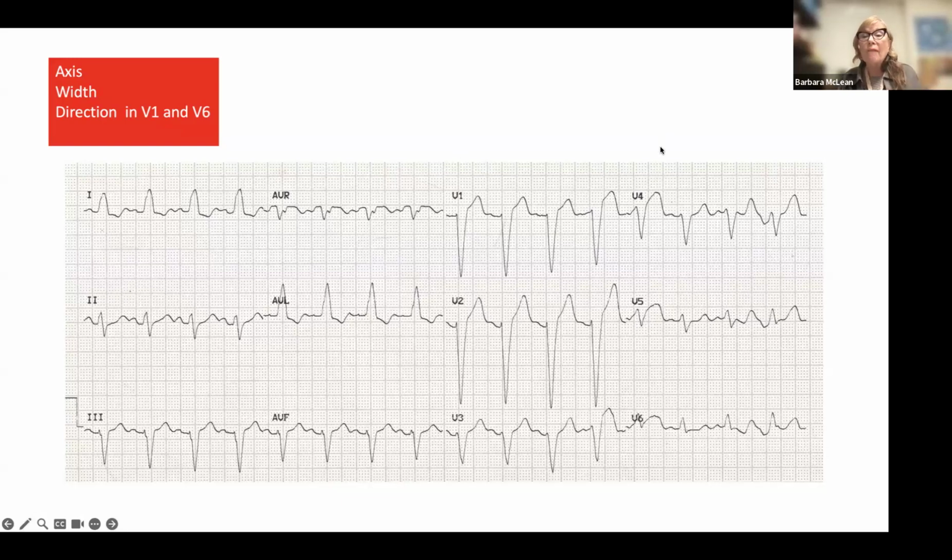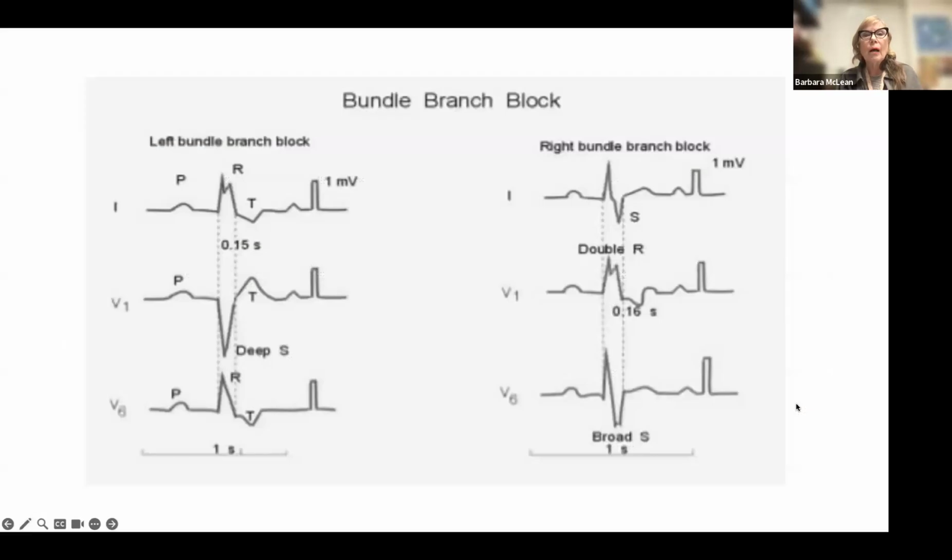This is a left axis with a left bundle branch block because of the width and because of the direction. So axis is measured by direction in the limb leads, and bundle branch block looks really at the direction in V1 versus V6. Current away from the right and towards the left. Okay. So just as a review, remember in left bundle branch block in lead 1 and V6, I expect a